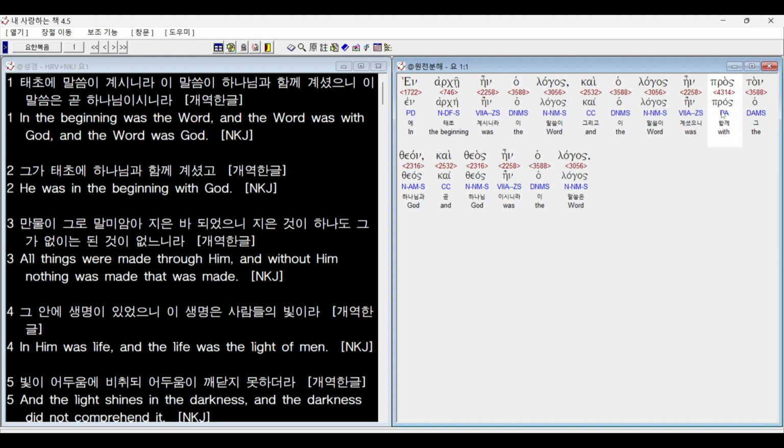Pros is the preposition accusative, as you see the PA as a parsing code, which translates as forward to, moving forward to the destination. So the word, which is the subject here, and then En is the VIIA, verb, indicative,